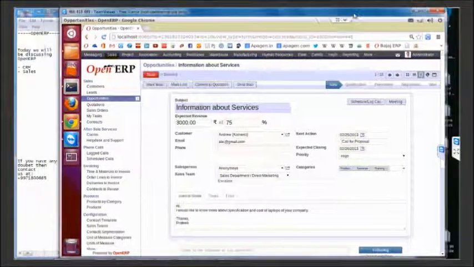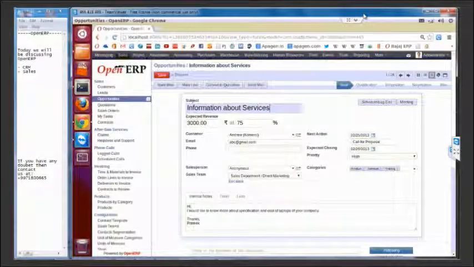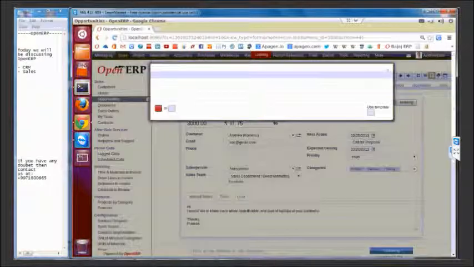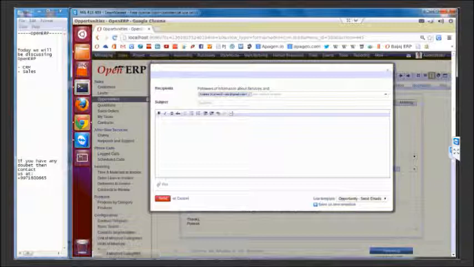There is also a possibility to have different stages for lead and opportunity. But as you can see in the sample, we have put up 5 stages: new, qualification, proposition, and so on. As you go through different stages, you can choose to change the stage of this particular lead or opportunity. There's also a shortcut button to send an email to this particular customer. You can choose the recipient, subject, and put in some text. There's also the possibility for an automatic email to be created.